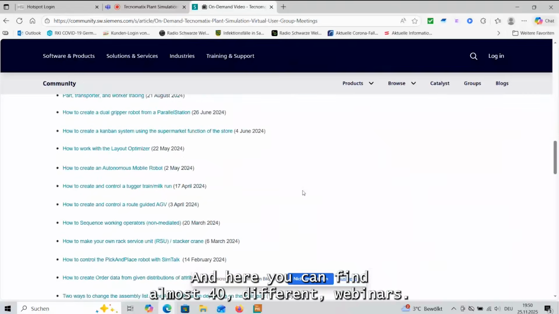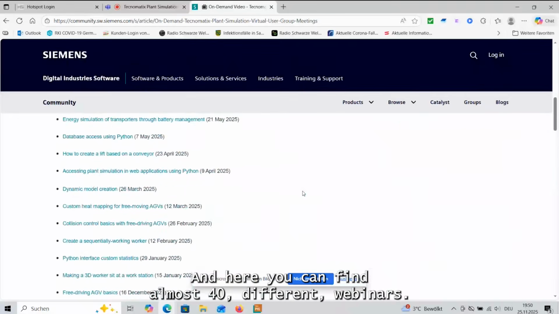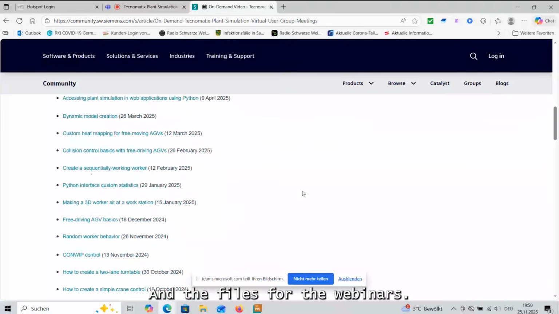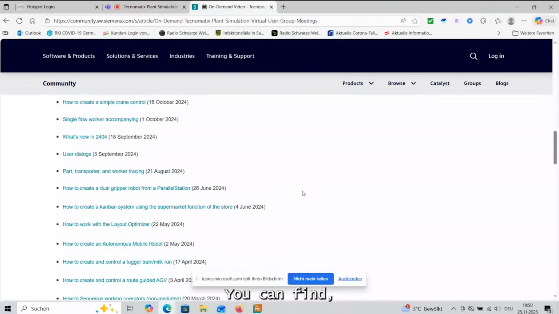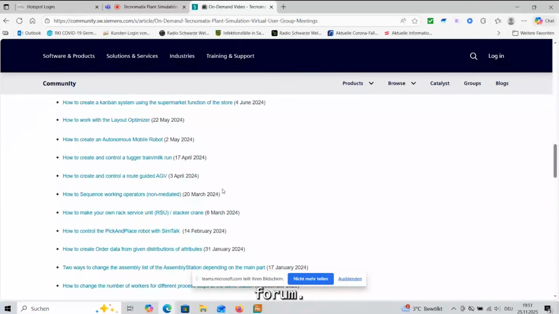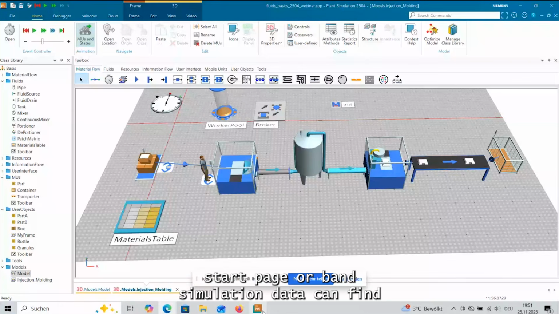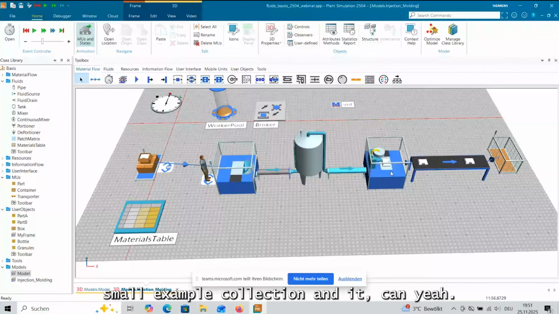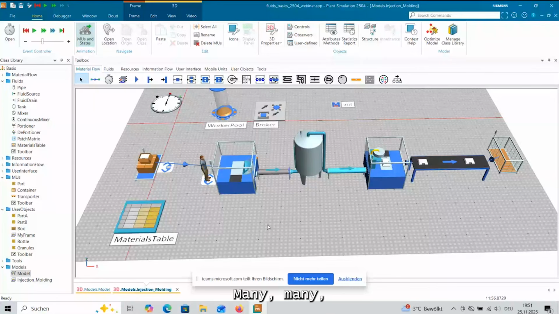Here's the list, and here you can find almost 40 different webinars, and the files for the webinars you can find directly in the forum. And more examples you can find at the start page of Plant Simulation. There you can find a small example collection, and many examples.